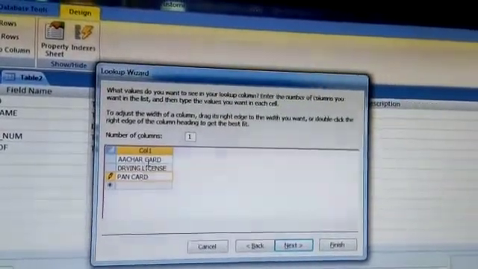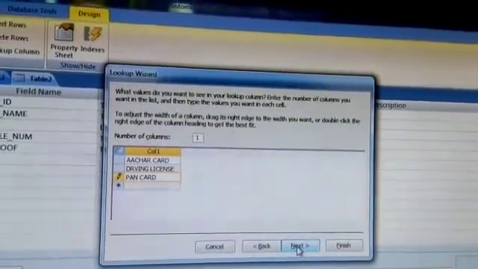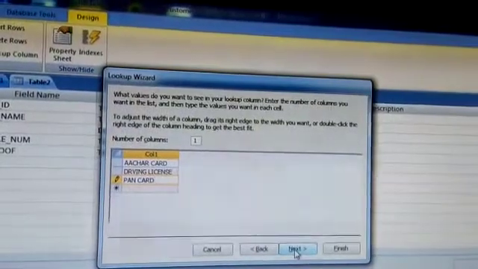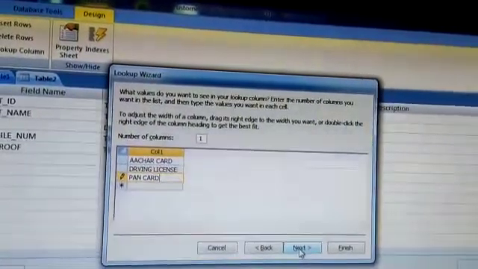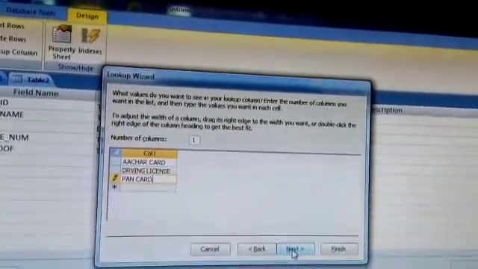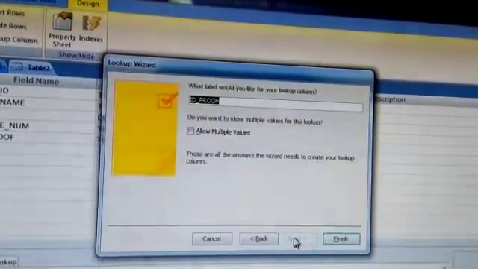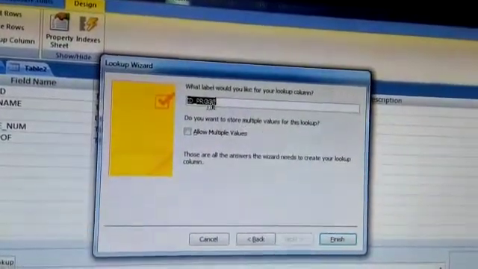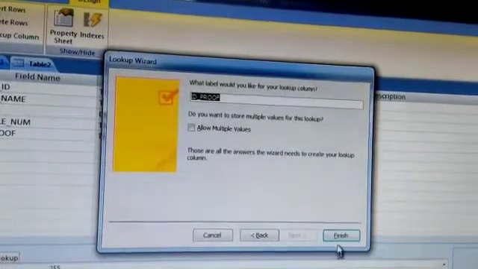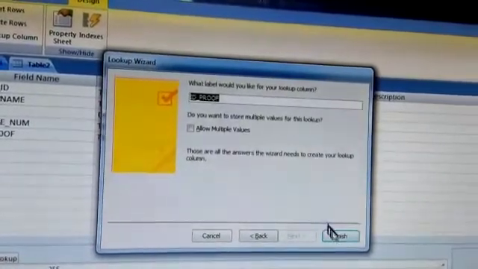So I have given these three values. The values will appear when I enter data and I can choose any one out of these. Now click on Next. The name of the field is ID proof. Click on Finish.